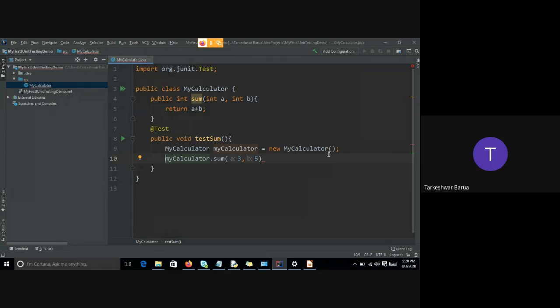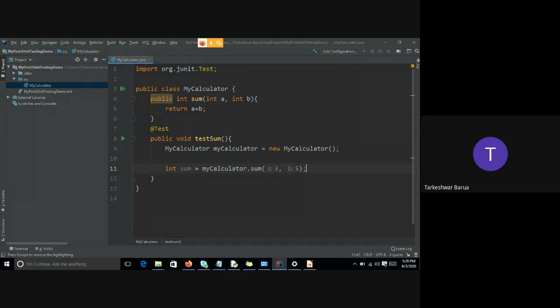Whatever the result is, I can store it here. Or I can set int a equal to something and int b equal to something. So this is the formula, and directly I can pass a comma b. I want to know this result.